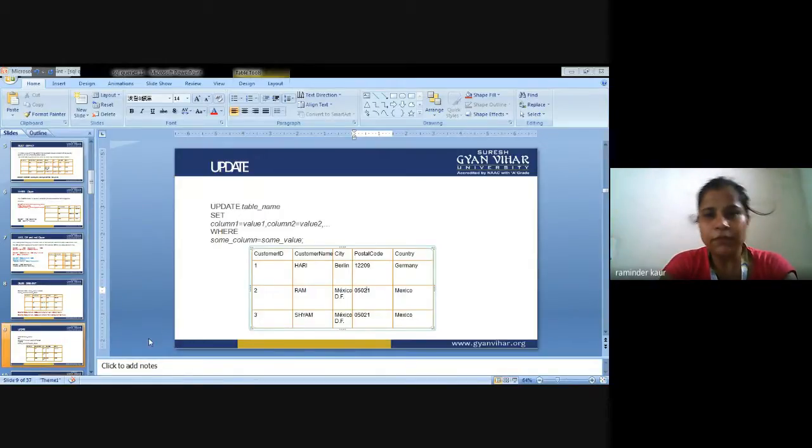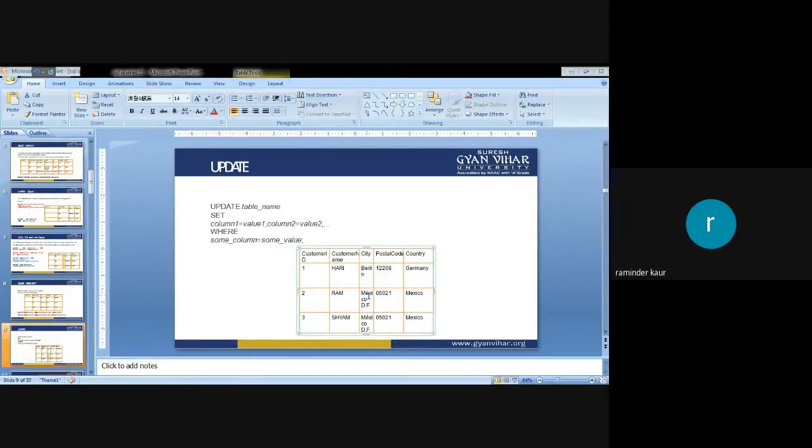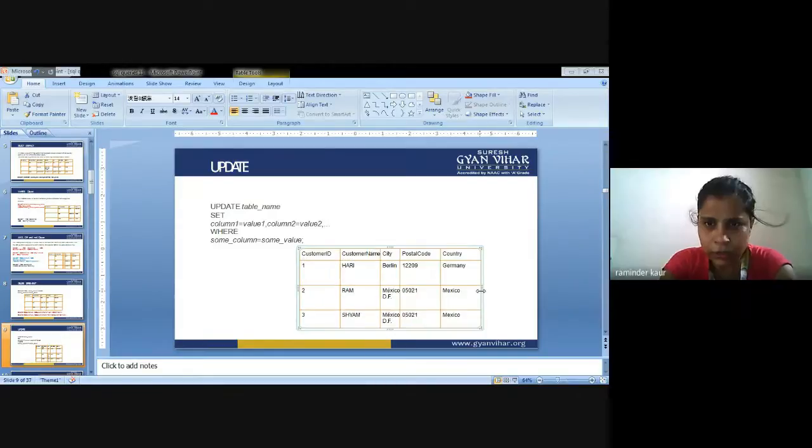So how to operate the update command, I am just showing it to you. Just have a look. I am just shifting this to this side so that you can have a look at the query.